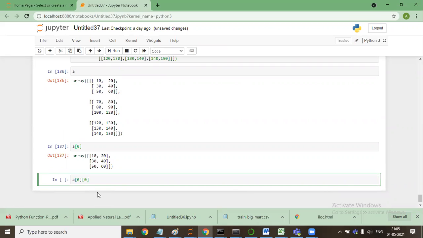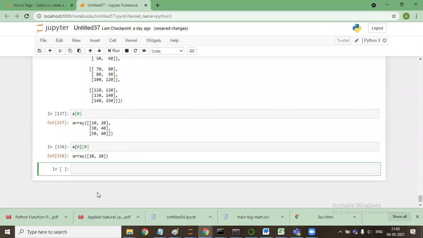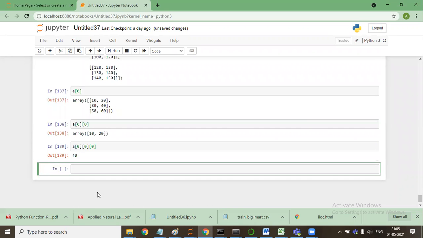Then what will come? Any guess? The 0th row of the 0th dimension: 10, 20. If I say A[0, 0, 0], it becomes the value 10.